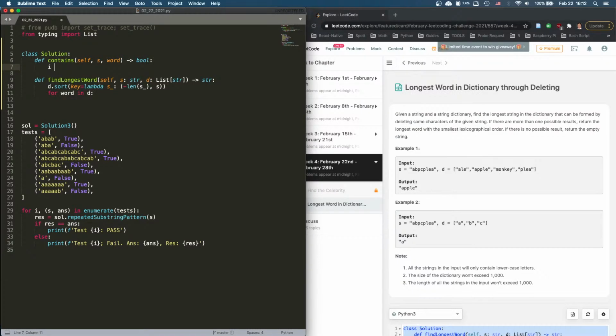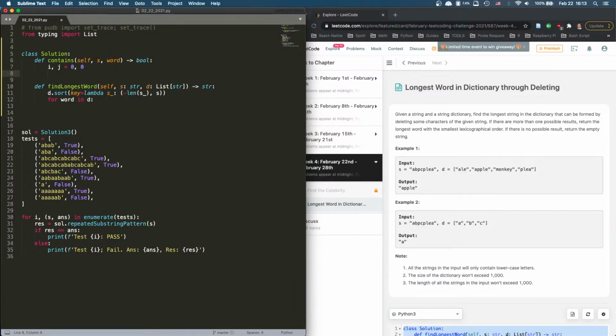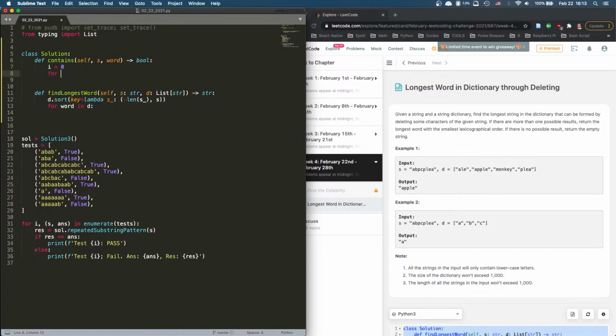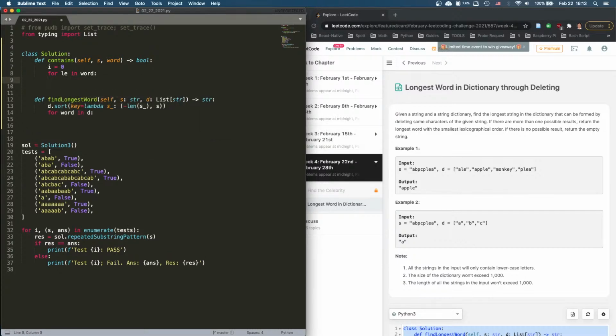So we're going to have two pointers, 0, 0. And actually, I think we only need to have one. Yeah, I think we only need one, because we are going to just go through for letter in word, right? For letter in word,